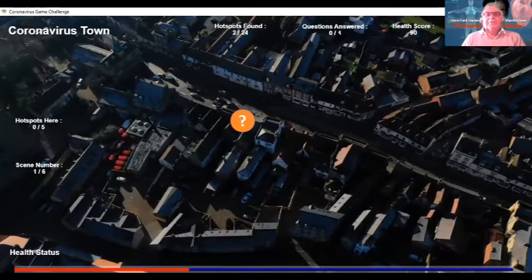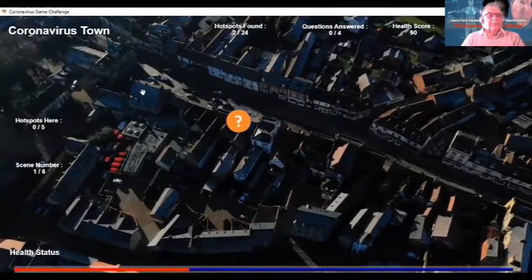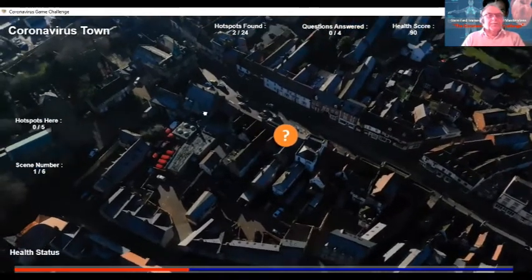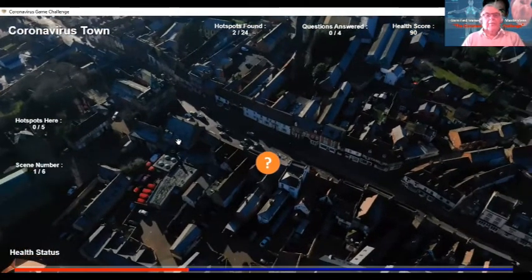I haven't answered any questions. I found 2 hotspots, strangely enough. There are 5 hotspots in this scene, and I'm on scene number 1 of 6. So I've really got to pull my finger out and find some hotspots.